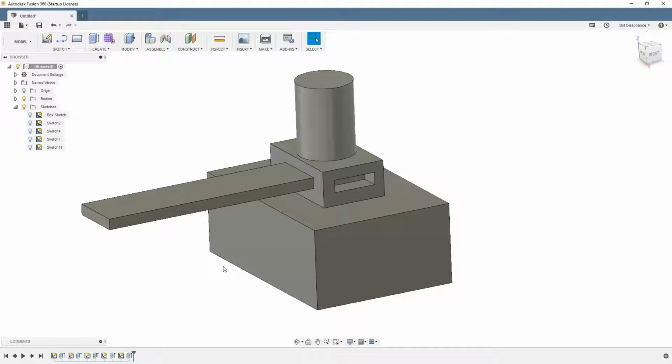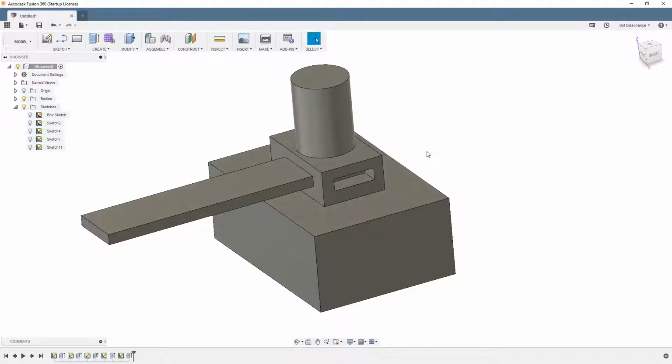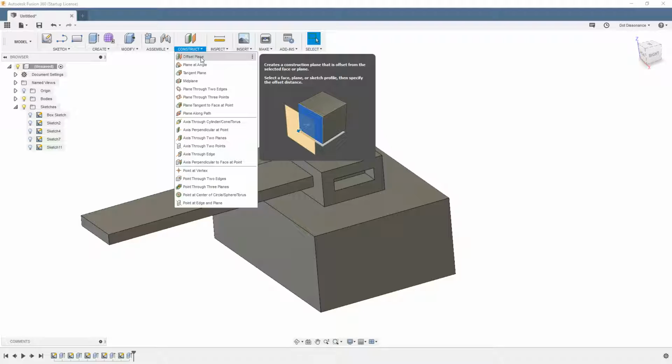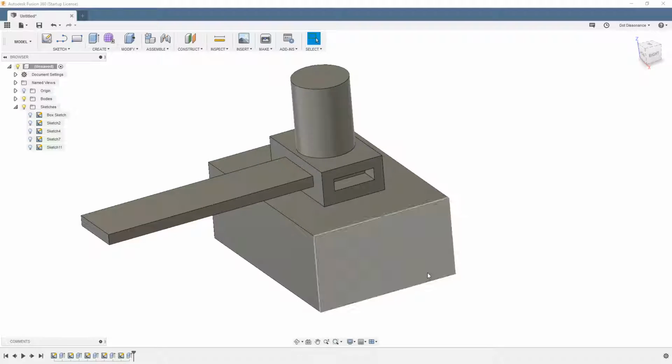So what I want to do though, since I just learned this up to object thing, is say, you know what, that would be really good for another new thing I might learn: making a construction element, in this case a plane. A really great design theory topic is, at some point, you make different planes, and instead of extruding a block up to a distance, or like this one up to an object, you have all these planes in existence somewhere, and you make your extrude go up to that plane, up to another plane,